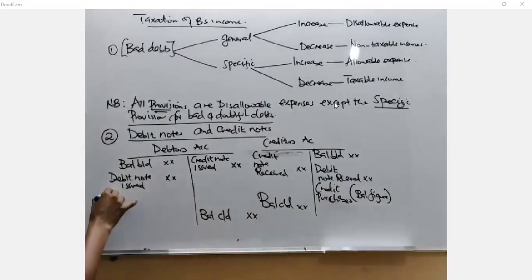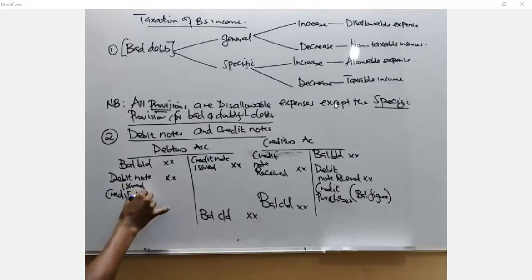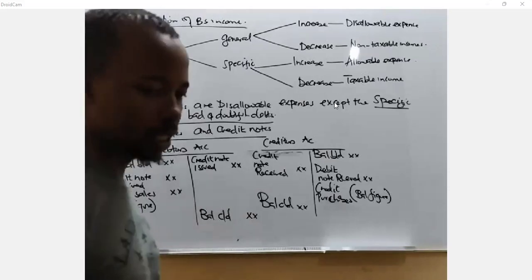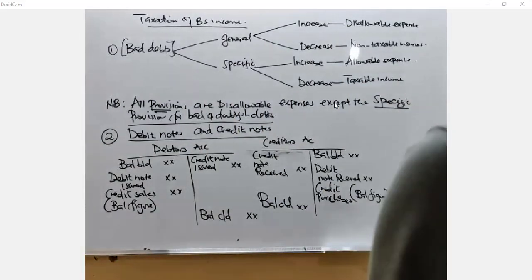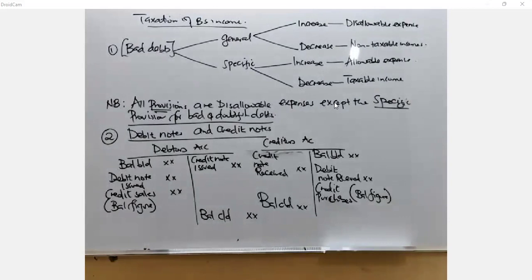Then if we were looking at the credit sales, they come on this side. And that is where we are saying they are increasing your sales. This is your balancing figure. We will cover all of this when we get to incomplete records. It is a very interesting area of consideration, and you will be able to understand it much better. That is how we deal with the aspects of the credit and debit notes. I think at that point, you are able to understand. These are just basics. That is why I said, let me today capture the basics, and then tomorrow you can be able to do